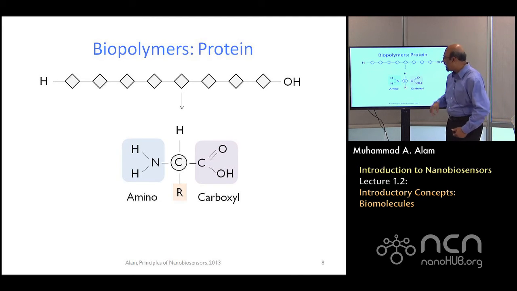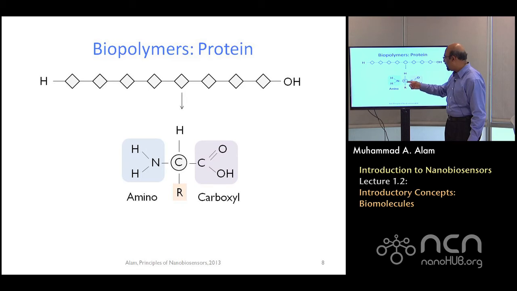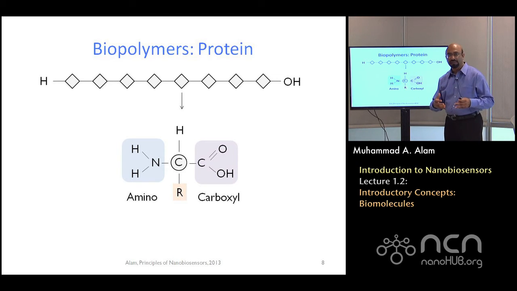Each one of the diamonds is essentially a simple molecule with a carbon in the center, and there is this residue. And depending on this molecule, this is a complex molecule shown here in the box, there are 20 different versions of R. And in the solution, when you put the protein in the solution, let's say in the physiological environment, then some of these R's are positive, some of them are negative, some of them are neutral.